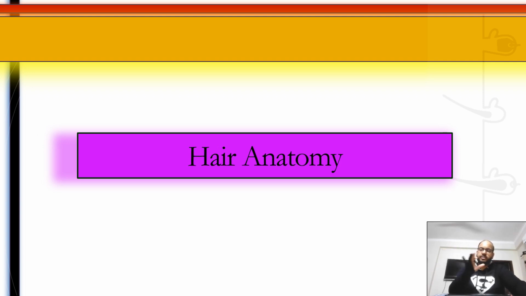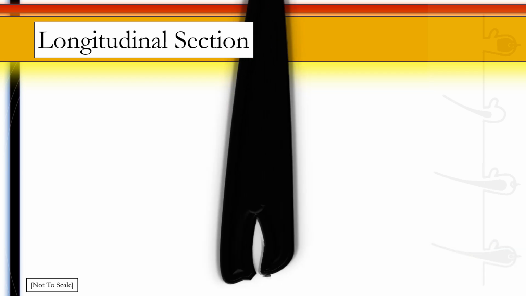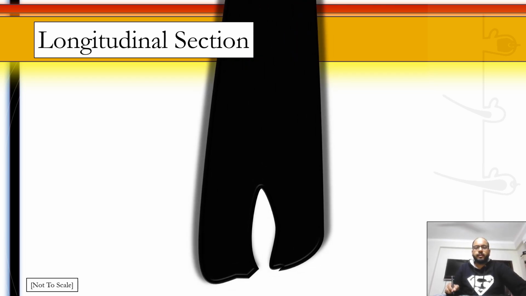With that general background of the pilosebaceous unit, let's understand hair anatomy now. So this is a hair follicle. It's a diagrammatic representation of a hair follicle which is not to scale. Let's enlarge it and look at the hair follicle properly. Now in this large hair follicle, we are looking at the lower part of the hair follicle. Let's see the deeper layers.